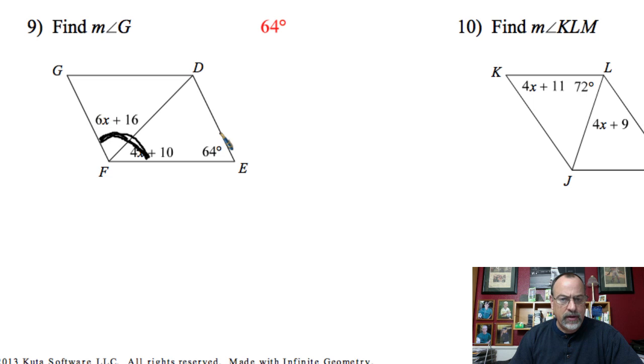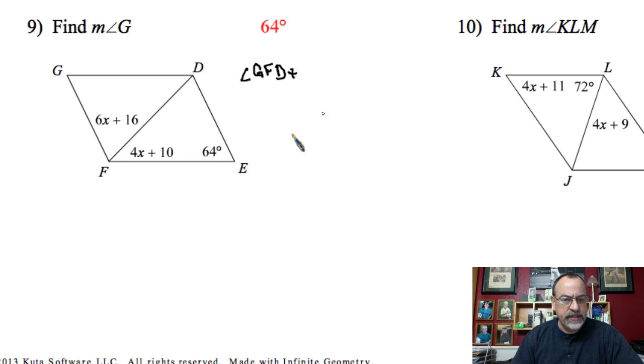However, this one, again, with this one, would be supplementary because those are consecutive. So this angle here plus this angle here plus this angle here is going to equal 180 because all of those together make consecutive angles. So angle GFD